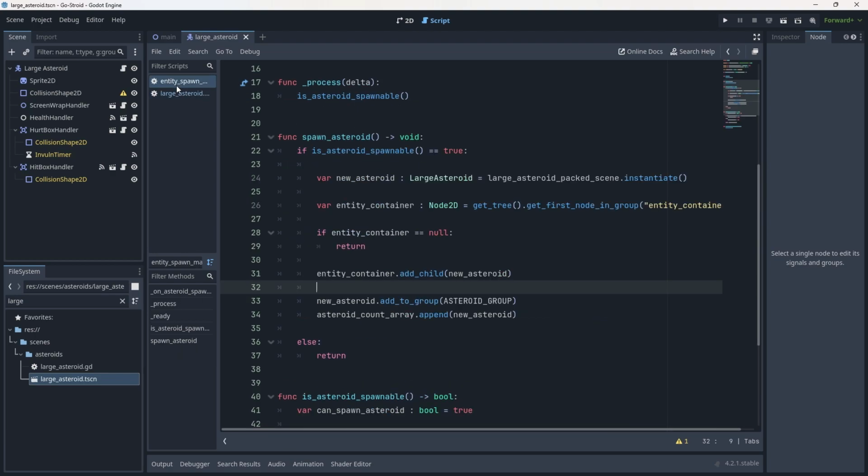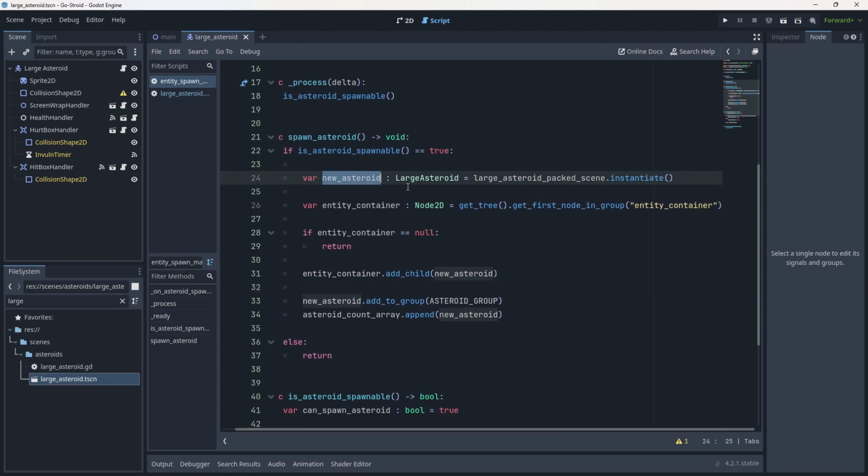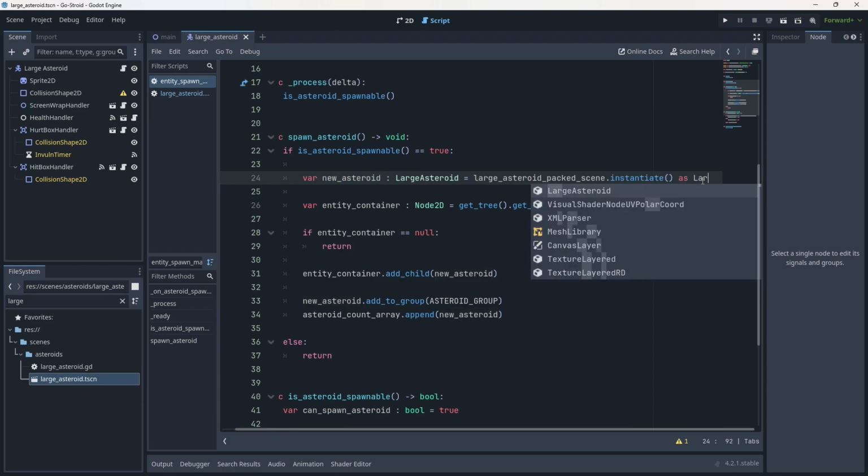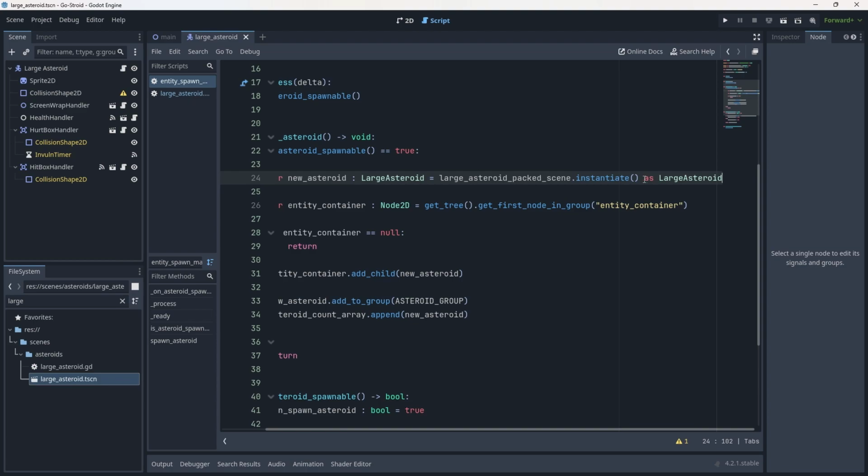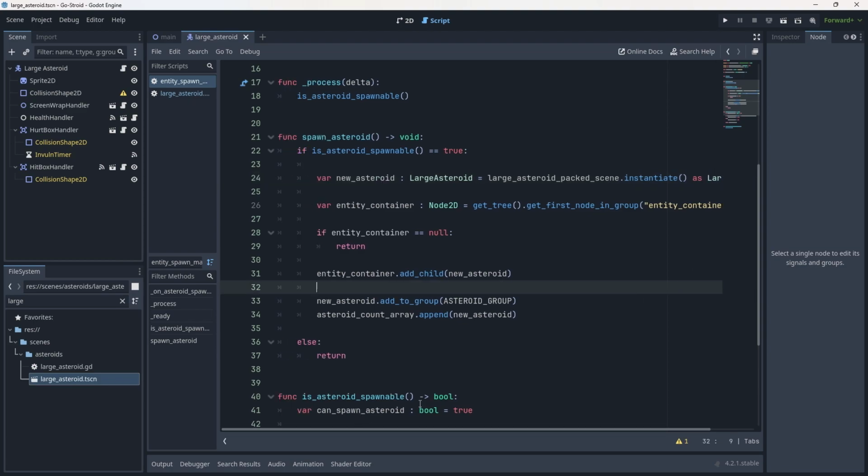Let's go into the entity spawner and let's go to our spawn asteroid function. Now, to make our lives a little bit easier, the new asteroid that we are currently spawning, which is of type large asteroid, I'm going to give this a typecast as well for large asteroid. Now, this as here isn't entirely necessary. It's just to give us autocorrect. Now, why do we want autocorrect? Because now I can just write new_asteroid dot